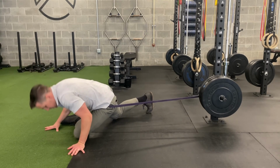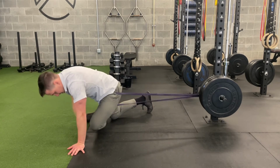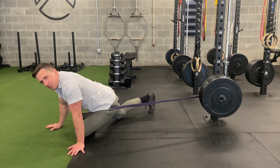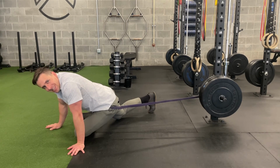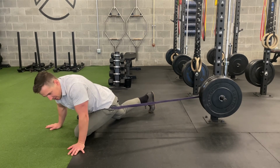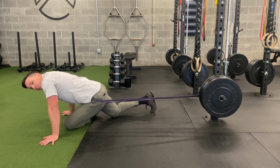And then I'm not just coming down here with my chest, but I'm up nice and high. And then I'm kind of sitting into that. So for most people, this is going to be a little more work, a little less relaxing. But if that first one isn't working for you, you can give this one a shot. And again, I can explore different angles here. I want the band pretty much pulling right behind